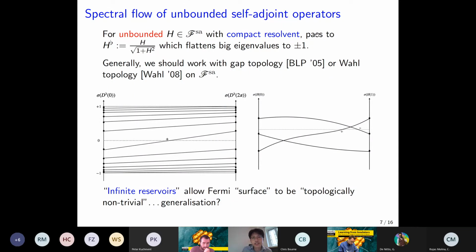Now, generally speaking, we do not have this compact resolvent, and we still want to make sense of topologically invariant spectral flow. So really, technically, we should work with some sort of unbounded operator topology. And some examples that work are the gap topology. So this is the topology of convergence of the resolvent in norm. Okay, or you can even weaken it further to what's called the Weyl topology. I don't have time to go through what these topologies are, but just rest assured that you can make homotopy invariant sense of spectral flow for unbounded families of self-adjoint Fredholm operators.